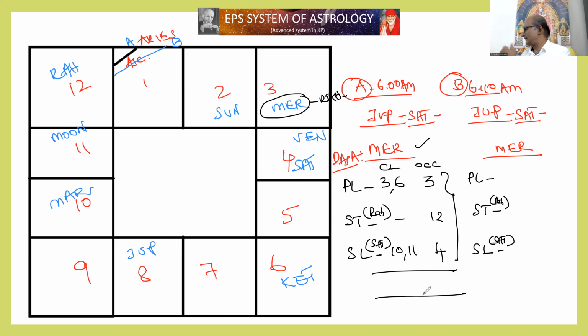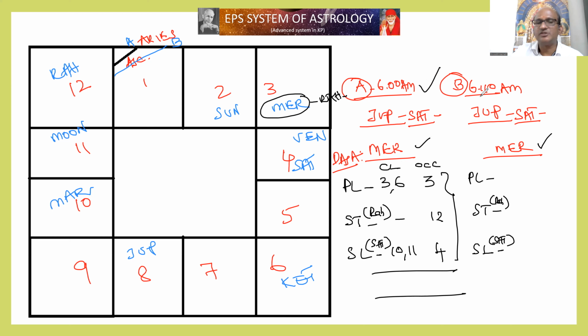Yes sir. So this is how we normally give the predictions for the Mercury Dasa, right? Now, you give the prediction for this person who is coming, who was born at 6 a.m. Now, after he leaves, another person enters your cabin and his time is 6:10 a.m., for example. With 6:10 a.m., he is also running the same Mercury Dasa.